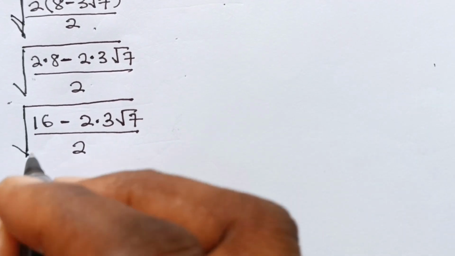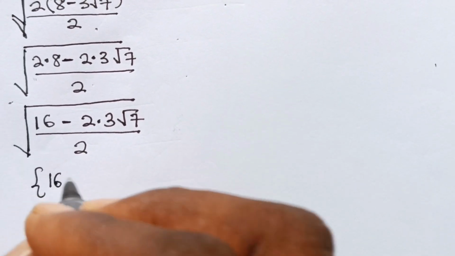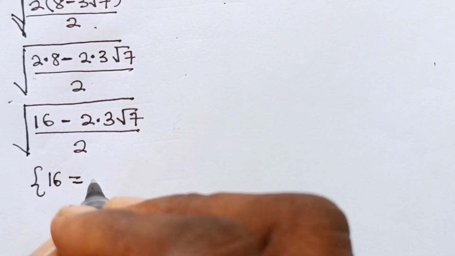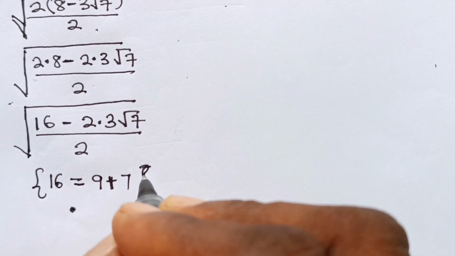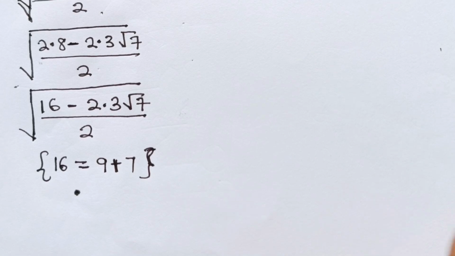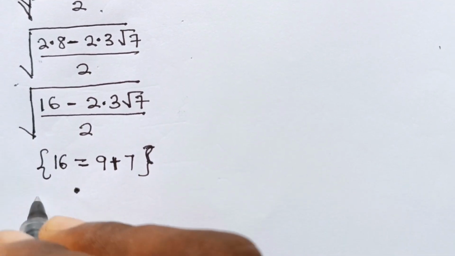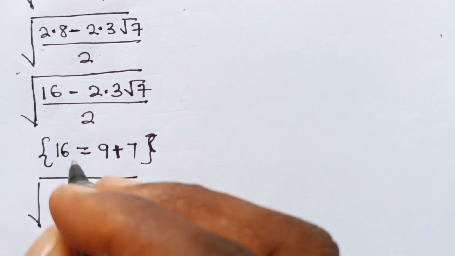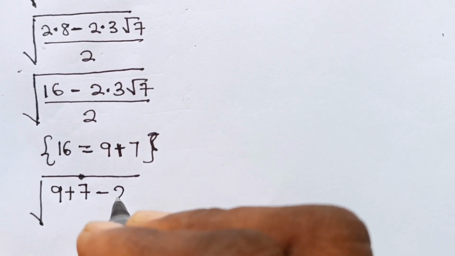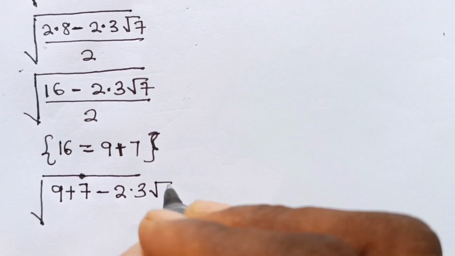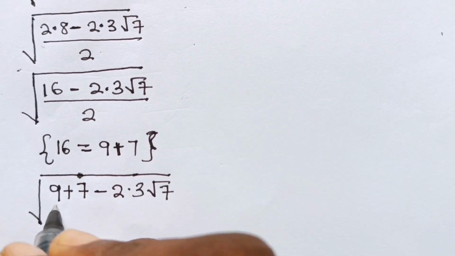Now, 16 is equal to 9 plus 7. Therefore, we can write this as the square root of 9 plus 7 minus 2 multiplied by 3 root 7,